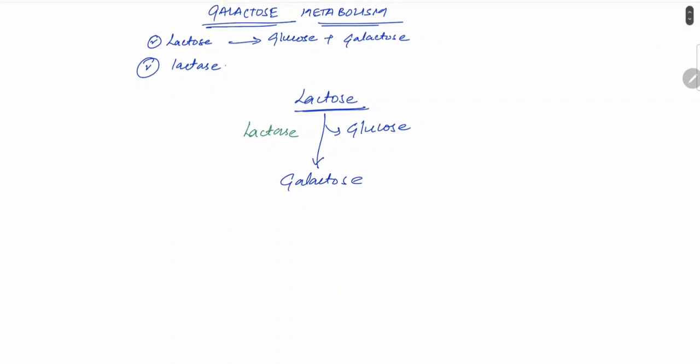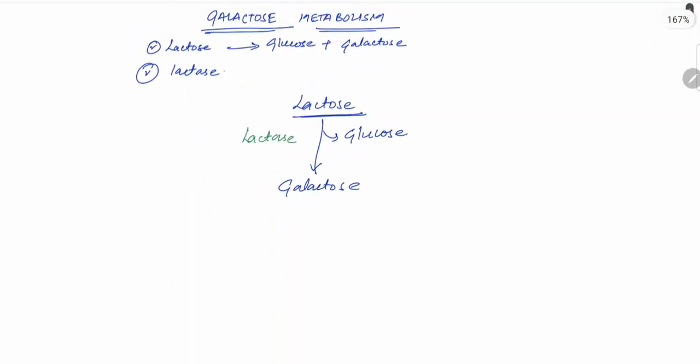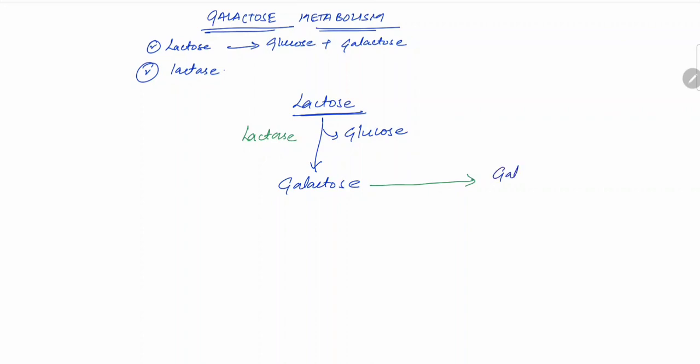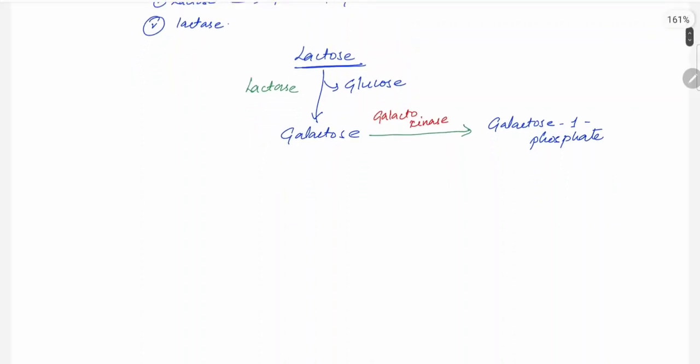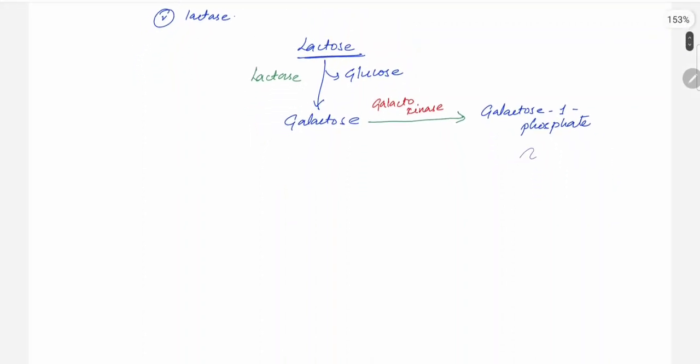So, this galactose usually undergoes a process and forms galactose 1 phosphate with the help of an enzyme, galactokinase, right? And this galactose 1 phosphate